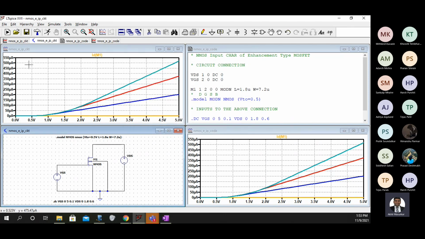Now you should observe here also we have 550 microamperes, here also we have 550 microamperes, and you have exactly the same characteristics. Okay, but this time you used a schematic, and in the first case you used a code.